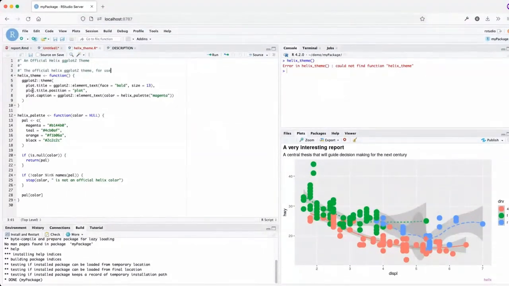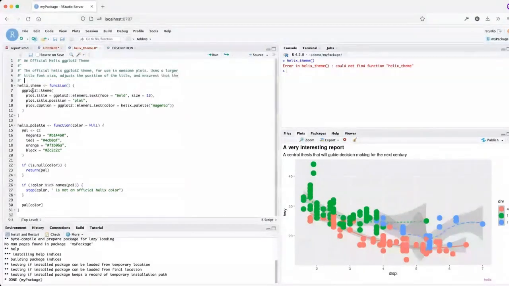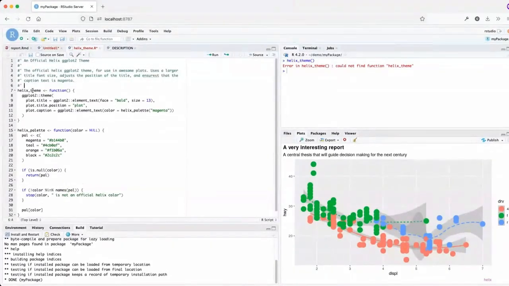And you can just say something about it, right? For use in awesome plots, uses a larger title font size, adjusts the position of the title, and ensures that the caption text is magenta.